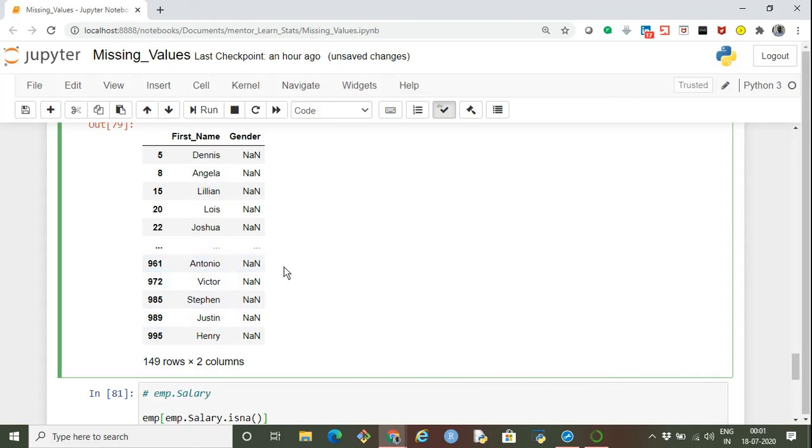What people usually do is take the mode value and assign that mode value to the missing values. Instead of doing that, let's try to infer the missing value based on the information present in the other columns of the same record. It will take some time, but it will be a better inference rather than simply assigning one value blindly to all the missing values. So that's how we can infer the gender based on the first name.